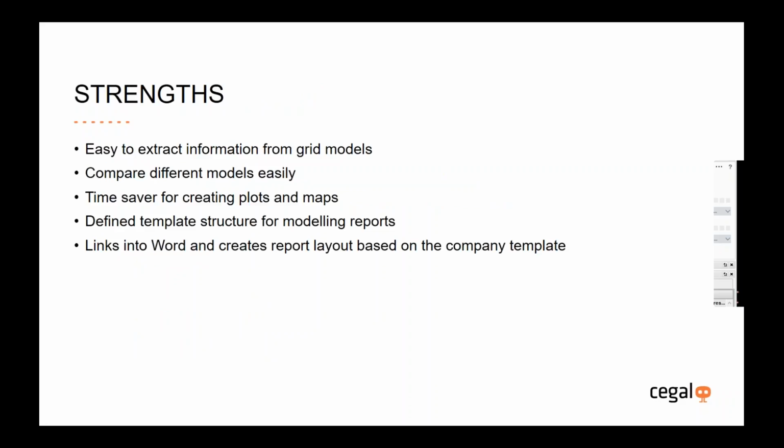You create a template and everybody can basically use that in Petrel and extract information. This makes it very easy and simple to compare different models with each other, extracting the same information from different models. For me, it is a good time saver for creating plots and maps per zone or per facies